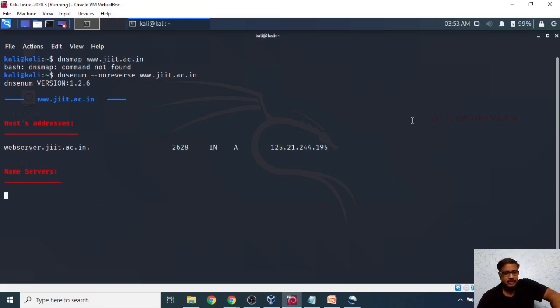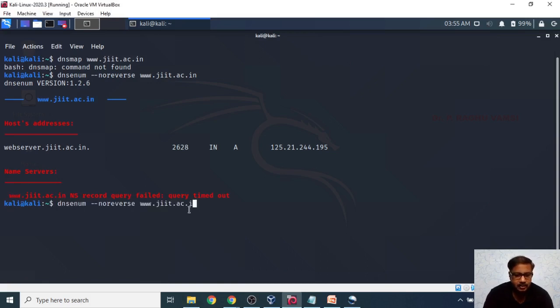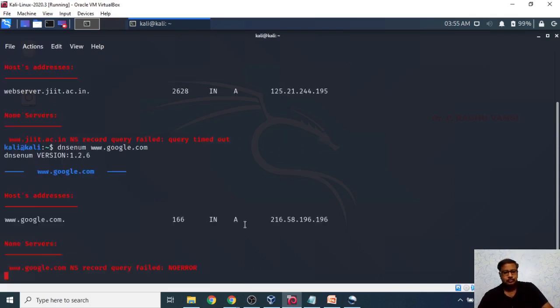It will identify the different name servers here. Here it is showing that an NS record query failed. It will then fire the query on some other domain, google.com. So it is also not giving you any information.